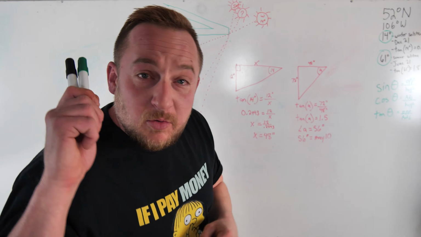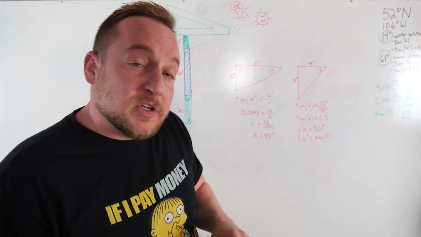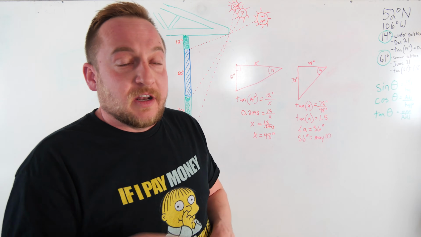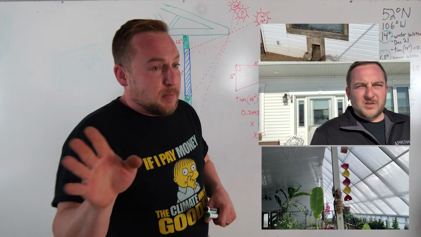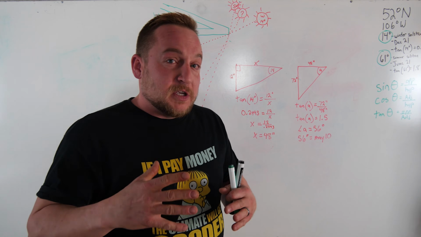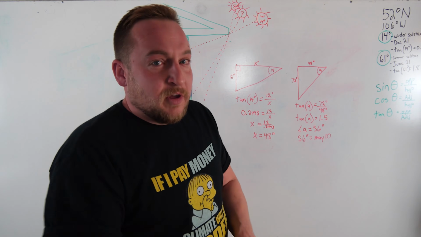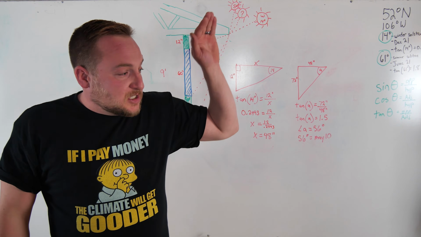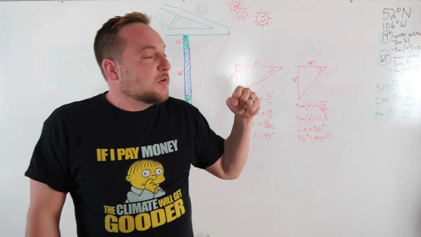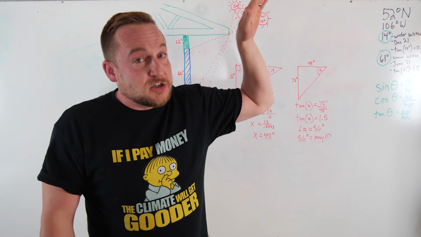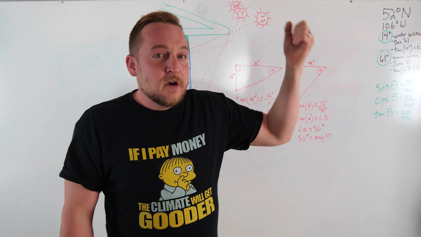So I'm here to show you the sun angle calculations for any passive solar building, including greenhouses, houses, shops, barns, chicken coops, whatever you're building. If you're in the northern hemisphere, the sun is to the south. When the sun is lowest, it's cold outside and you want to pick up that energy. When the sun is high outside, that means it's hot and you want to protect your building from that hot